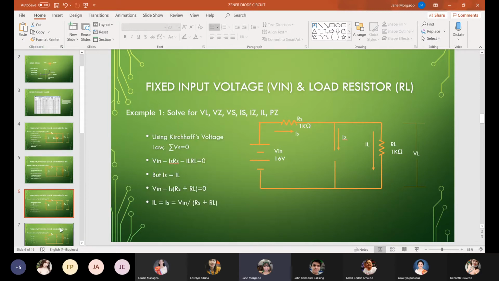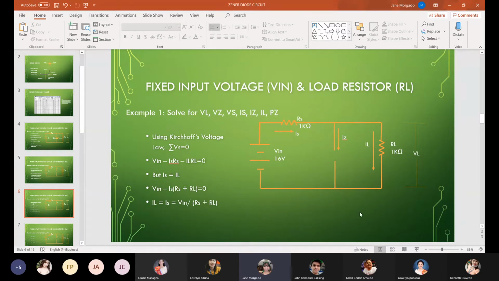And ano pa? Question? None so far? Okay, so we can use Kirchhoff's voltage law. Ngayon ko lang nalaman na double H pala to, no? Okay, using Kirchhoff's voltage law,